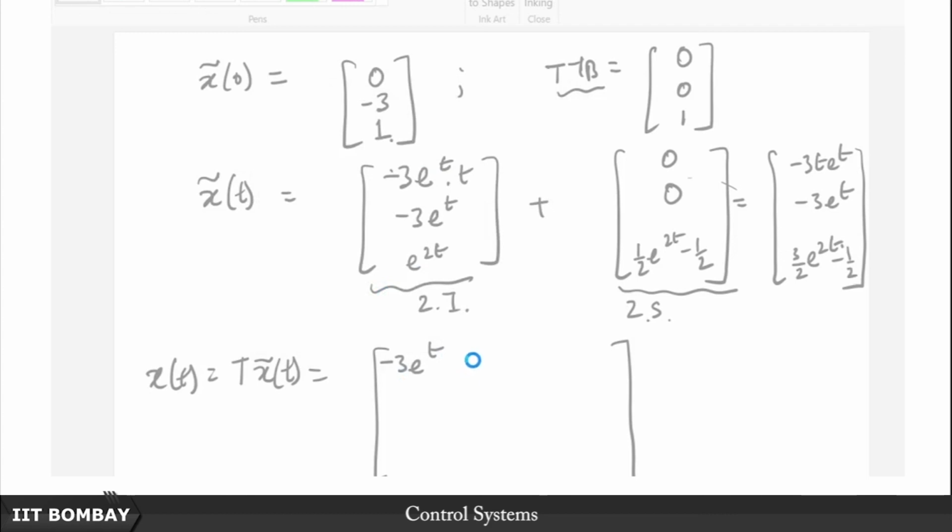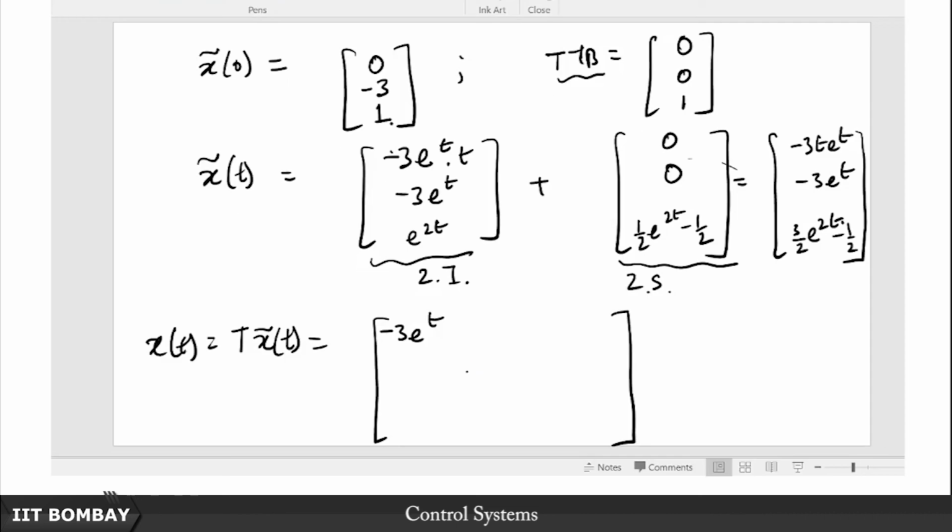Let me see the computations here, yeah, minus 3 e to the t minus 3 t times e to the t plus 7.5 e to the 2t minus 2.5,